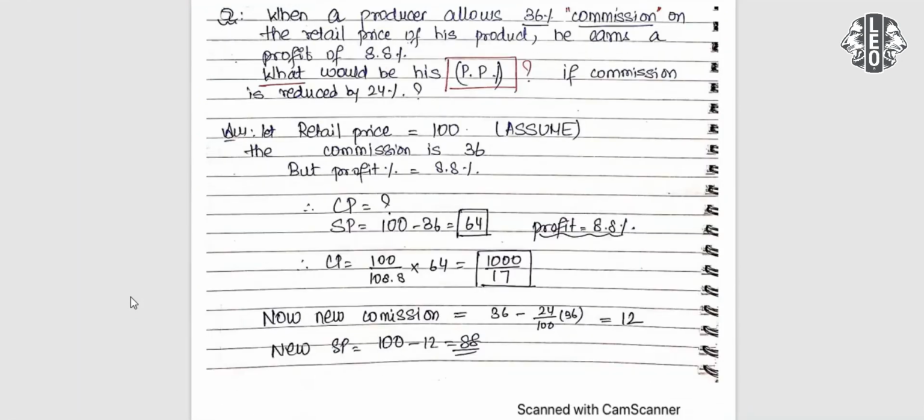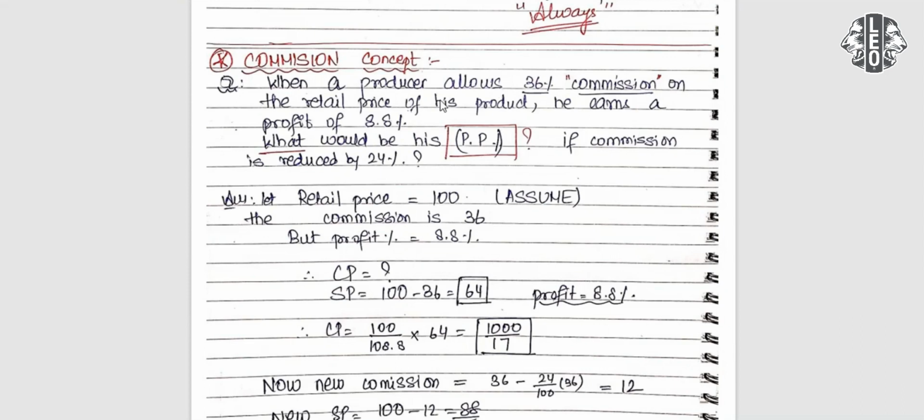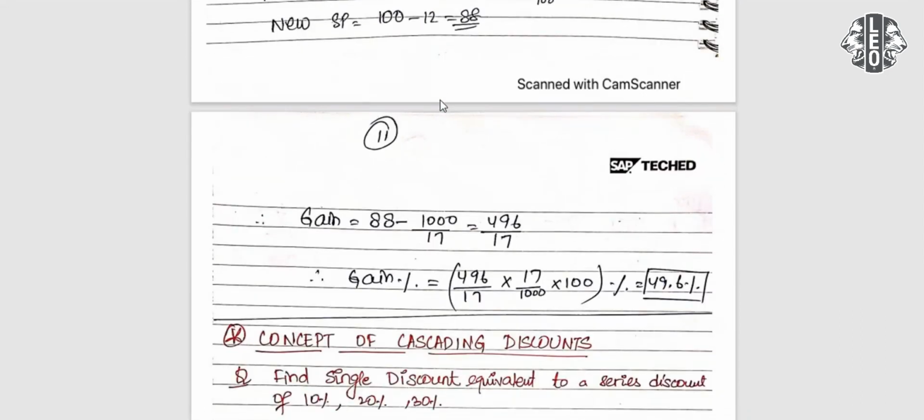Now, what is the final question? They are asking what would be his new profit percentage. Profit is nothing but gain. The gain value is 88 minus 1000 by 17. That is going to be your profit. Now, using what formula? Selling price minus cost price gives your gain, and gain percentage is the difference divided by the initial value, the cost price, into 100. Now you do the computation and you get the gain percent to be